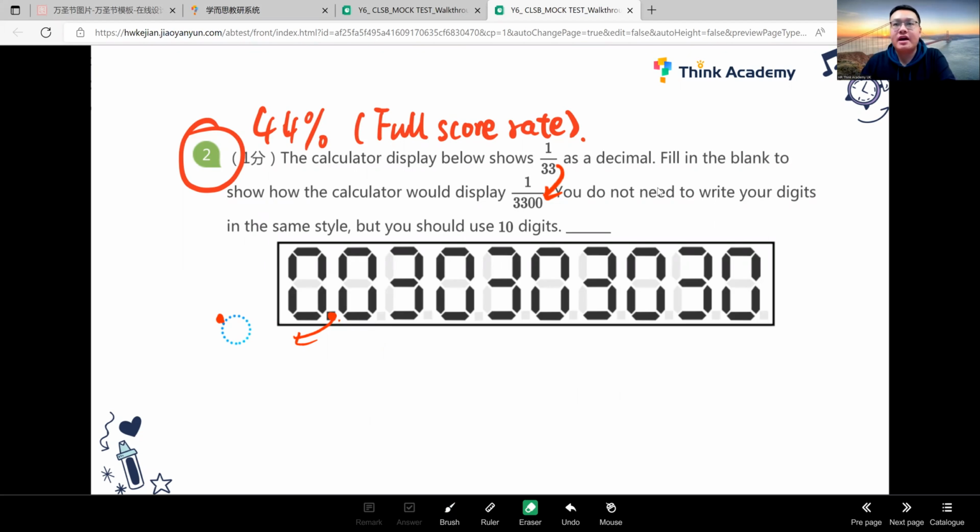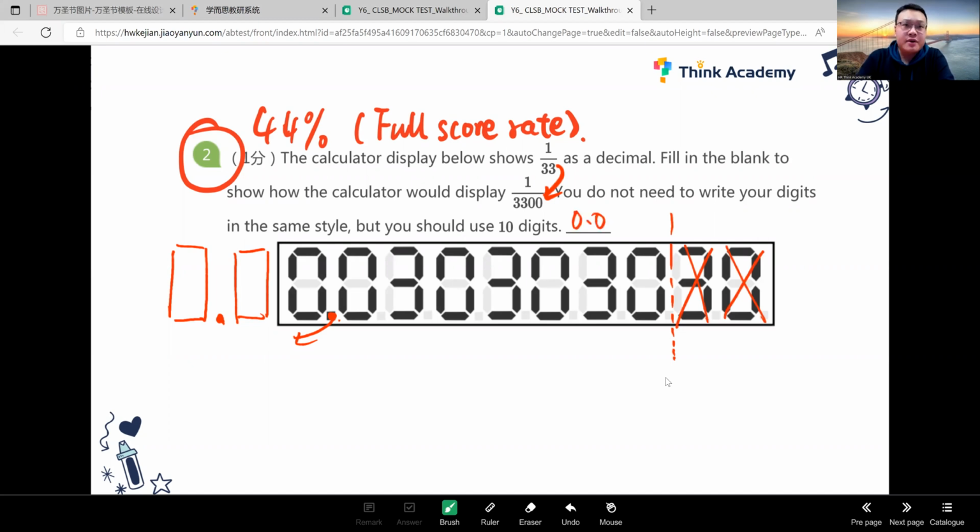See what we have? We're going to have some zeros to fill in these blanks. So this will be 1, 0. This will be another 0. So what will be the answer to the question, guys? Because you need to have 10 digits, and on the left you add 2 zeros, that means on the right you need to cancel this 2, because in total you have only 10 digits. So your answer will be, let's say,